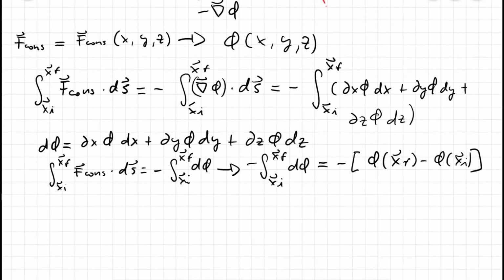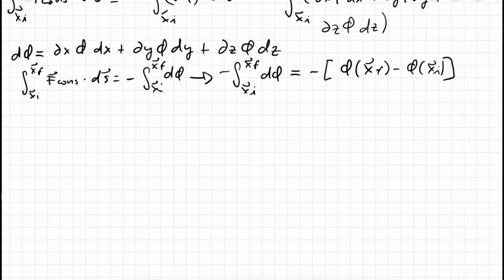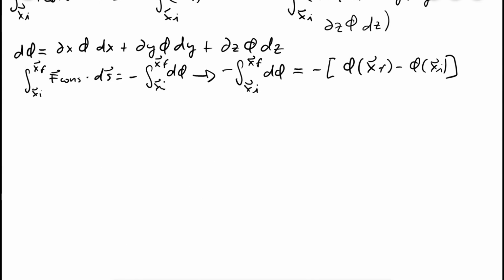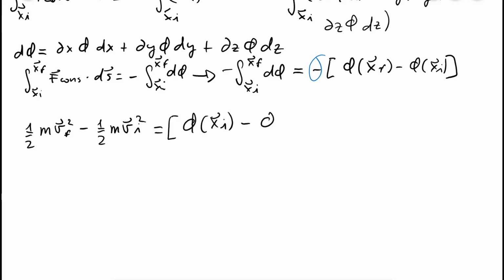And this result is very, very important, since it allows us to write the change in kinetic energy, one half m vf squared minus one half m vi squared, as you can already consider this negative sign and write this side as phi of xi minus phi of xf,